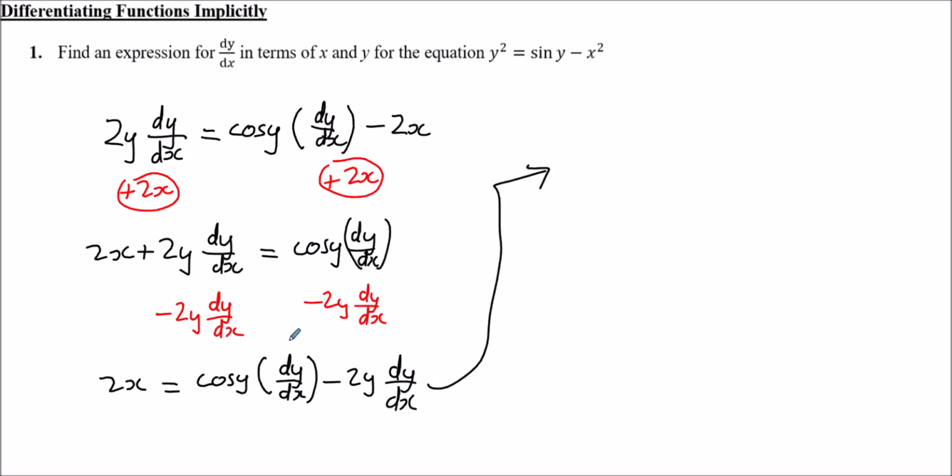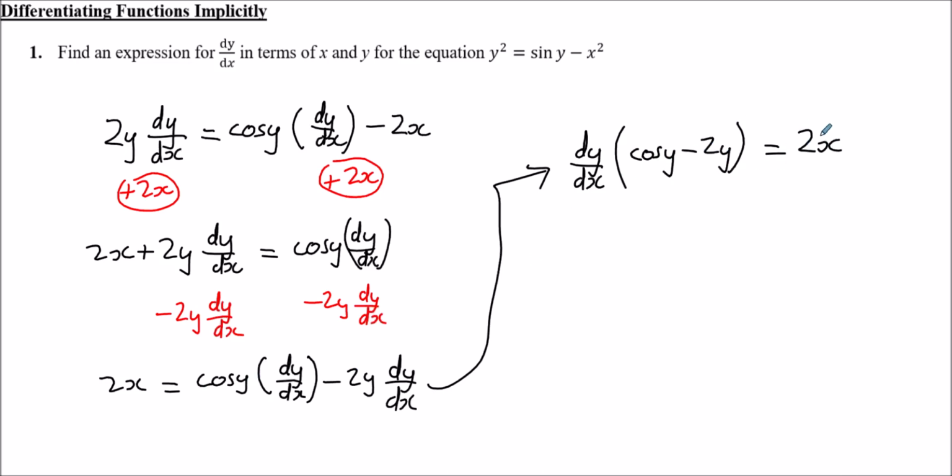Now this bit here, I'm hoping you can see this will actually factorize out. So if I look at the right hand side and factorize out a dy by dx, then I've got cos y and minus 2y. And that equals on the other side